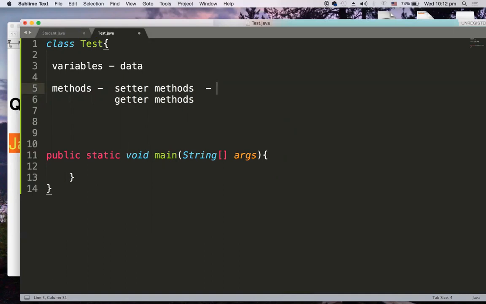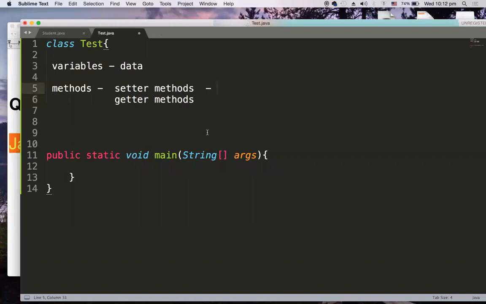There can be n number of setter methods, or you will have one setter method to set all the data members of your class. Getter methods, like display methods, display the information, or to get a particular data item, you require a getter method.